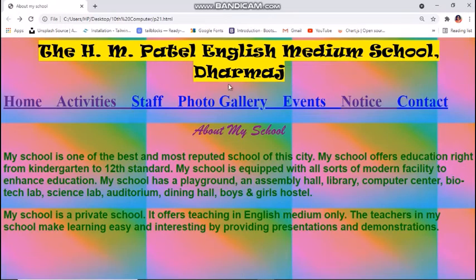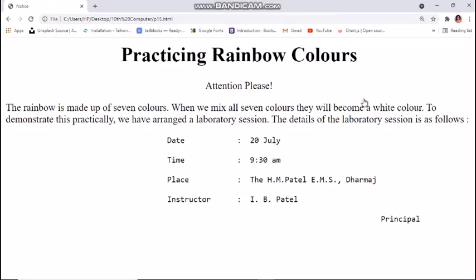Now when I click on notice, this page contains information about the forthcoming programs and events. It also displays circulars and notices for students and parents. For example, notice for sports day, essay competition, results are announced and so on. Here is a notice for students and parents for attending an event whereby a laboratory session will be arranged to practically demonstrate rainbow colors.